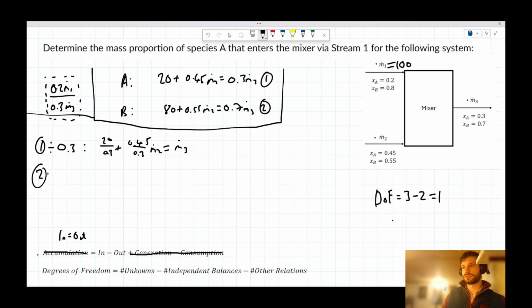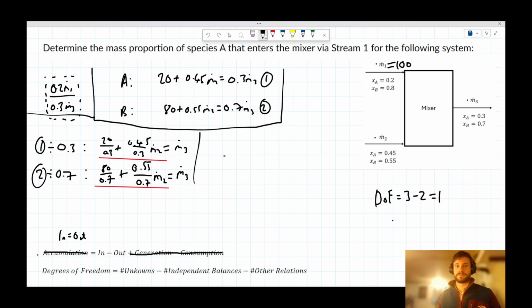Equation 2 divided by 0.7, that's going to give us 80 over 0.7 plus 0.55 over 0.7 M2, and that's, again, all equal to M3. Since this is equal to M3, and this is equal to M3, we can equate them to each other. I could say that 20 over 0.3